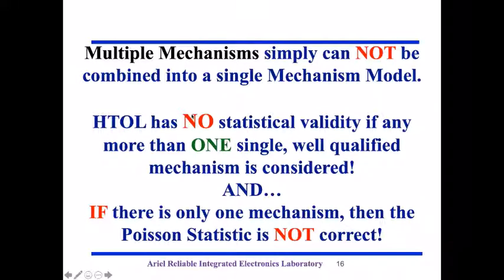Now, if you have multiple mechanisms, of course, you certainly cannot simply combine multiple mechanisms into a single mechanism model because activation energies don't combine. And HTOL has no statistical validity if there is more than a single well-defined mechanism that is considered. And of course, if there is only one mechanism, then the Poisson statistic is simply not correct. You should use some sort of a Weibull or some distribution where it is not a constant rate, because generally single mechanisms will have a time to fail,